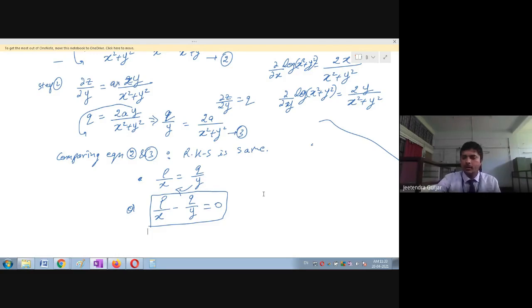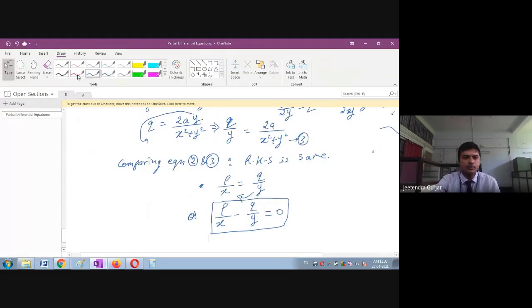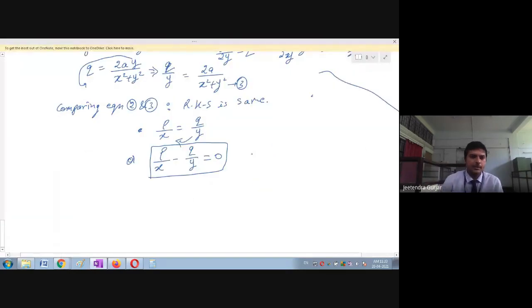Yes, if you have any doubt, please ask me. I will give another example. Will you solve? Let me see. Who will solve this example? Please write down the example. z is equal to, let us see who will solve first and show me, x square plus a into y square plus b.